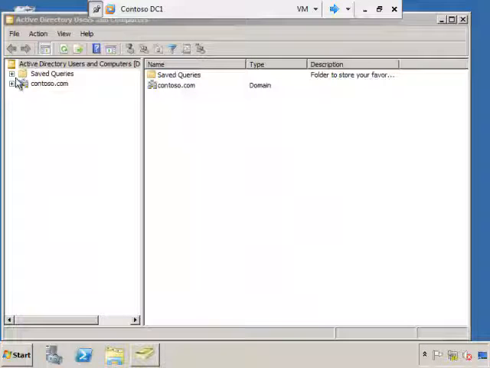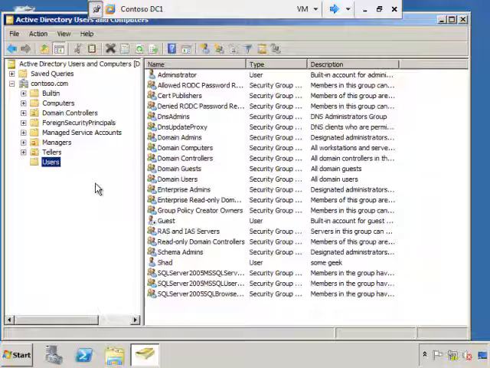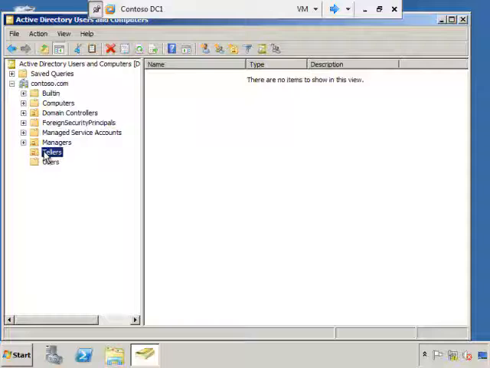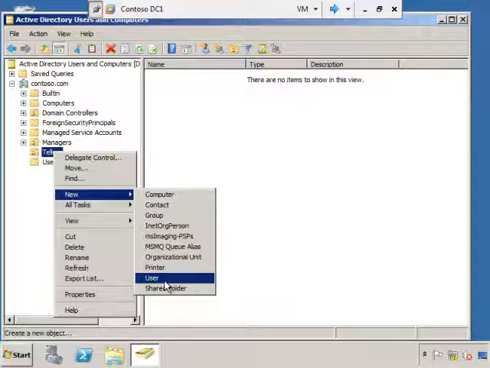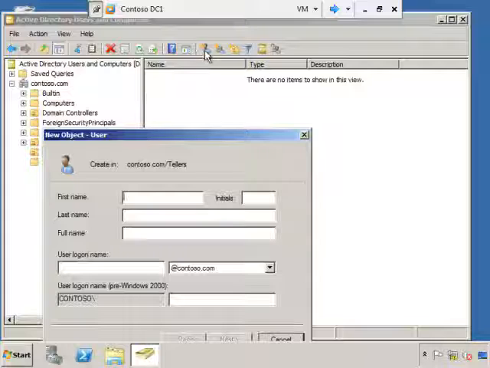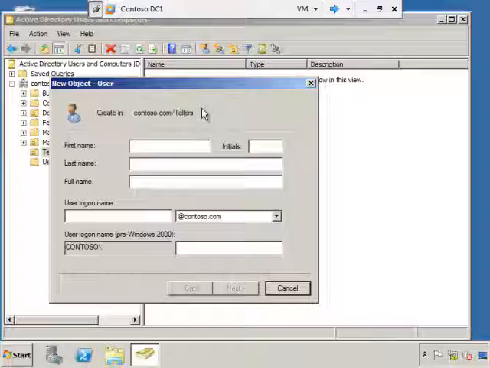The first thing we need to do is decide which OU to place the user in. And by default, of course, Active Directory comes with the users container, but we don't actually want to put the users in there because it's a container and it's not going to be subject to group policy, which is not going to allow us to really leverage the features of Active Directory. So we'll go ahead and make a sample account inside of tellers. And I can either right-click here and do a new user, or if you wanted to, you could simply click this button right here and that would make a new user as well. We're going to fill in the first name,